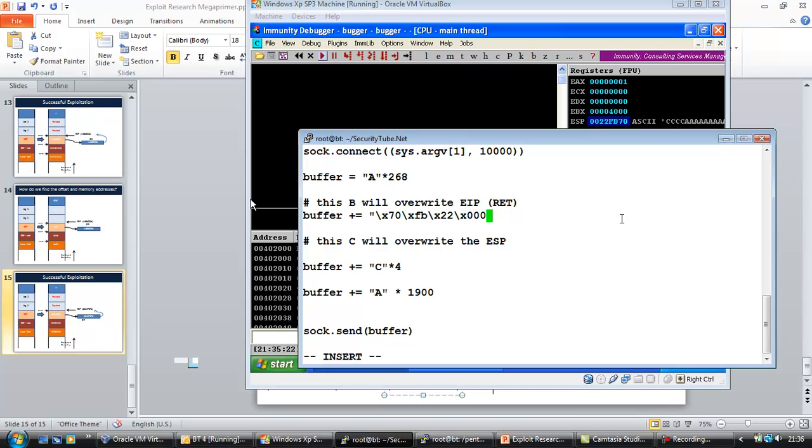Now notice the \x is an escape sequence which is telling Python to interpret this as a single hex value for a byte, right? Okay, so we have 0022FB70 written in reverse order, and now this is where ESP will be overwritten with